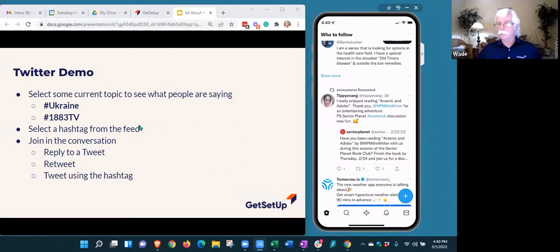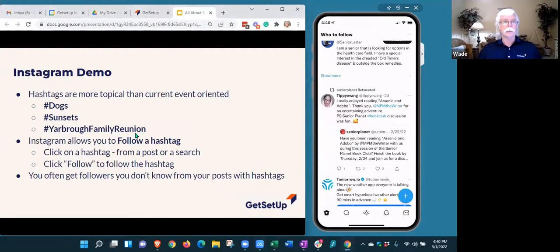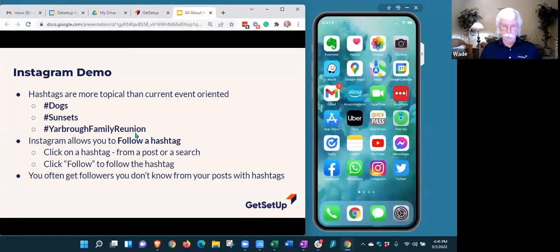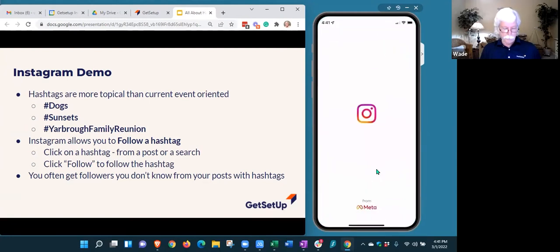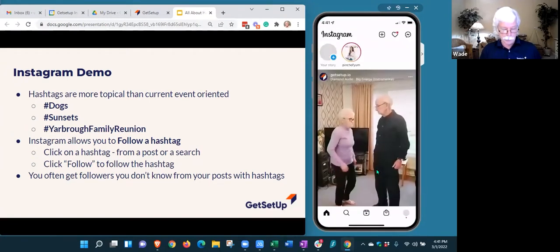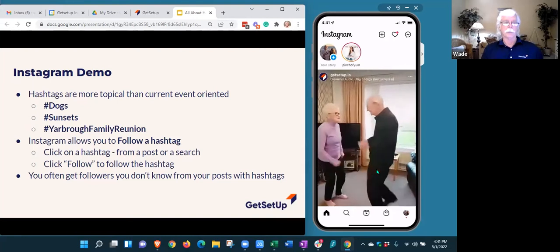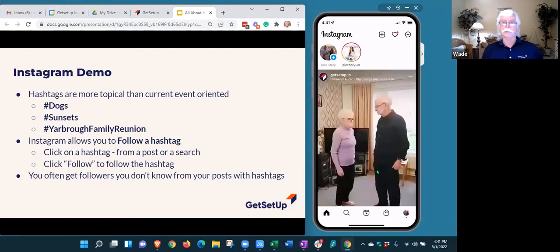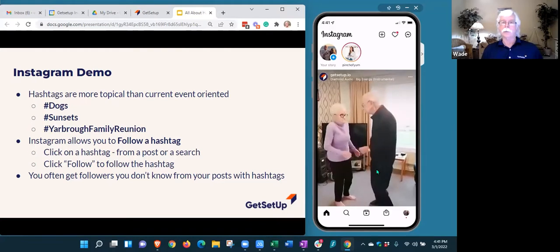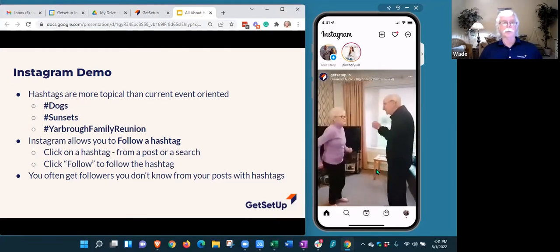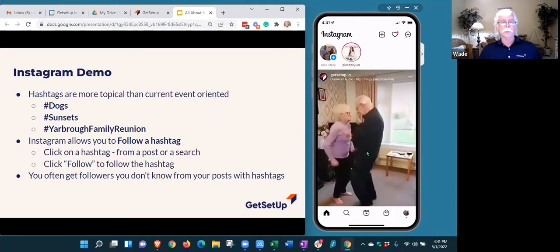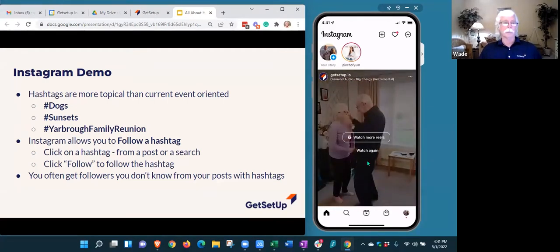All right, let's move on and talk about Instagram. I want to definitely cover these two, because they are the two largest ones, and there are some differences. So I'm going to flip over to Instagram. One of the differences off the top is not so much in hashtags, but how people use Instagram versus Twitter. With Twitter, lots of times it's late breaking news, events, things going on. Whereas Instagram is all about pictures and videos. So it's a very visual media, not so much about late breaking news.